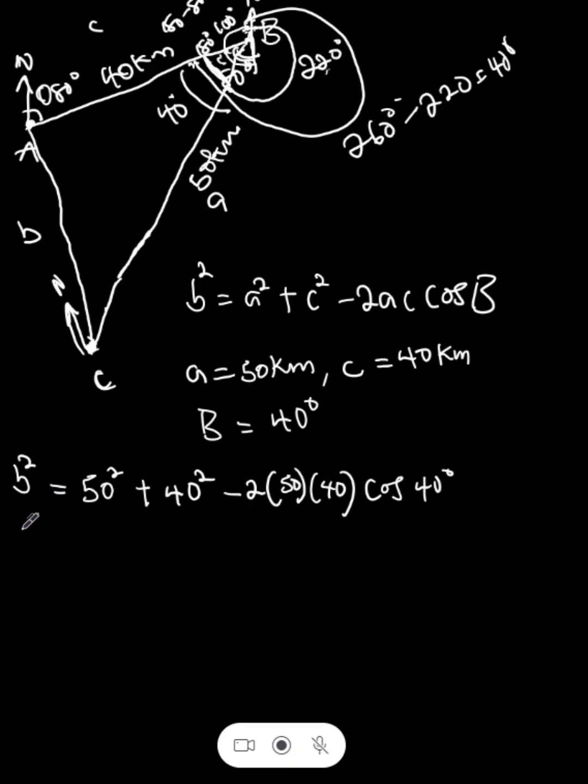So that B squared will equal 50 squared, which is 2500. 40 squared is 1600. Now, 2 times 50 is 100. 100 times 40 is 4000. Now, 4000 cos 40 is